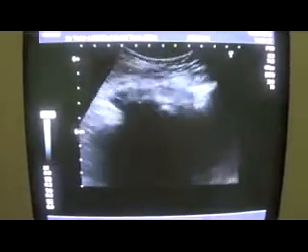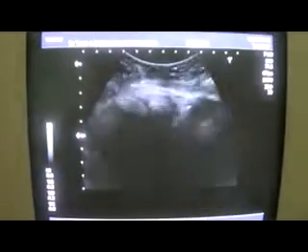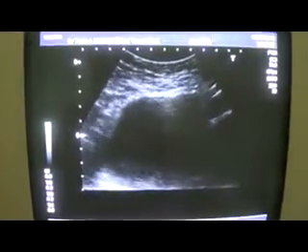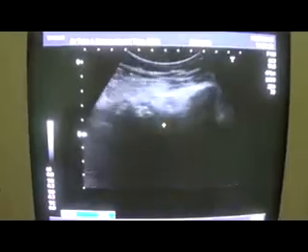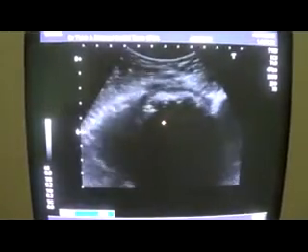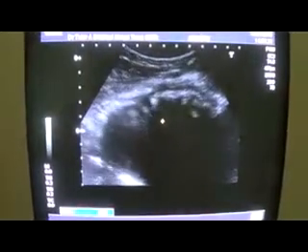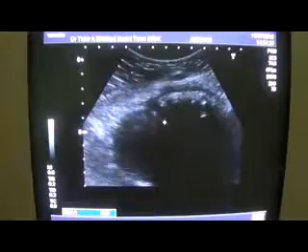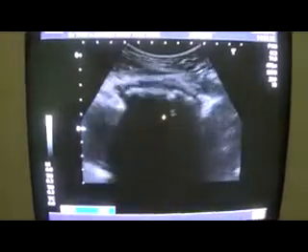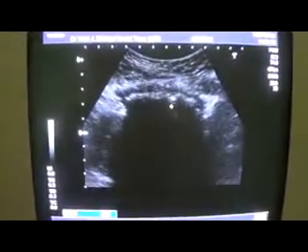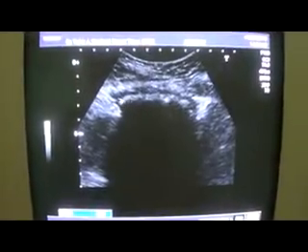Now this is the urinary bladder indeed. From here, when I move the probe upwards towards the umbilical region, I see a longitudinal echogenic band